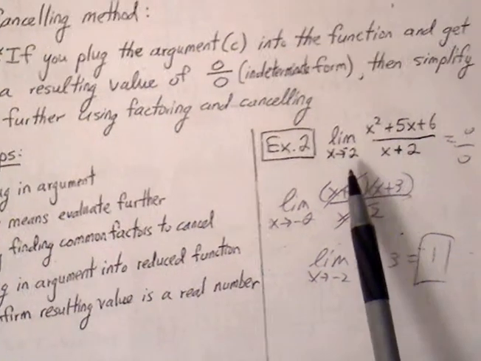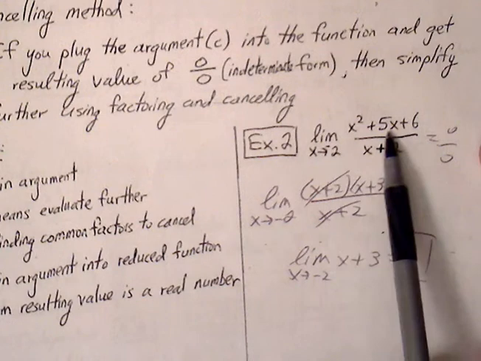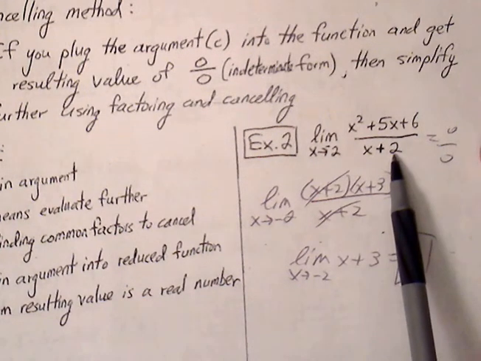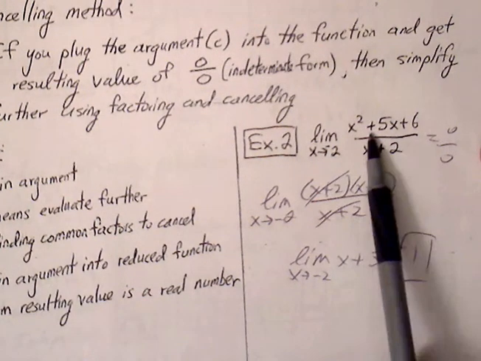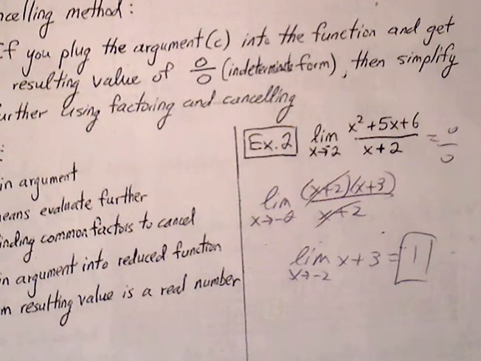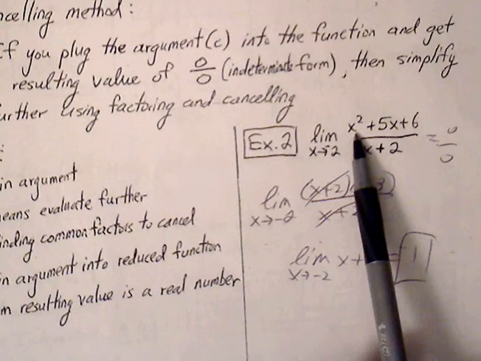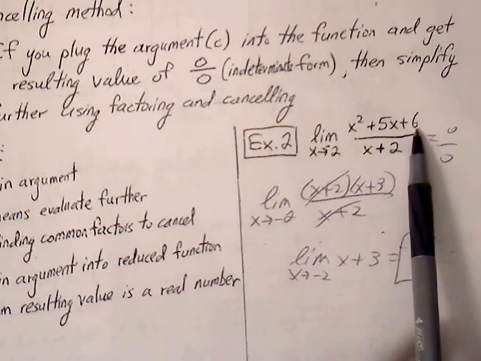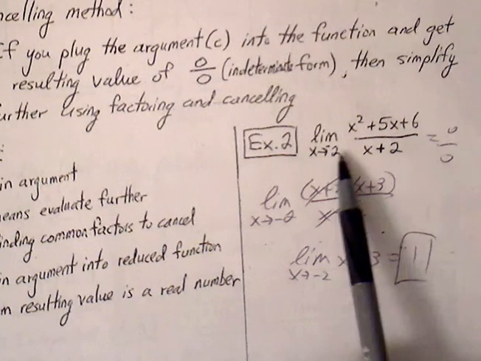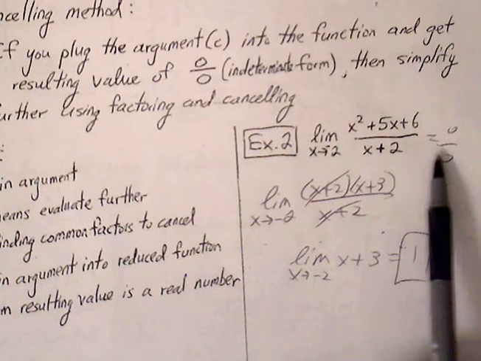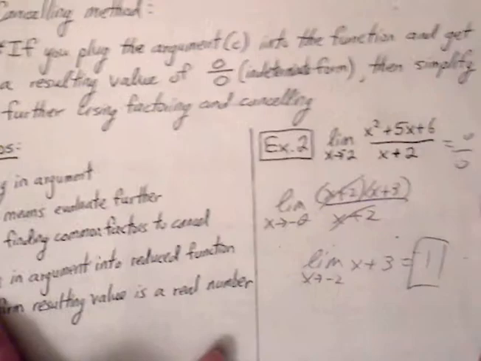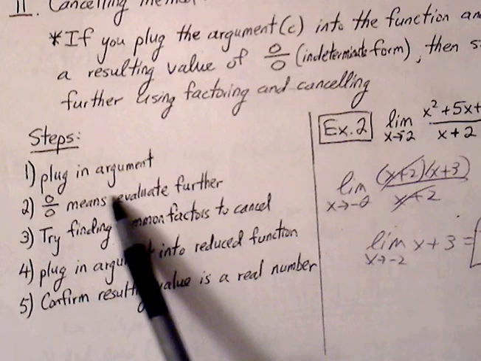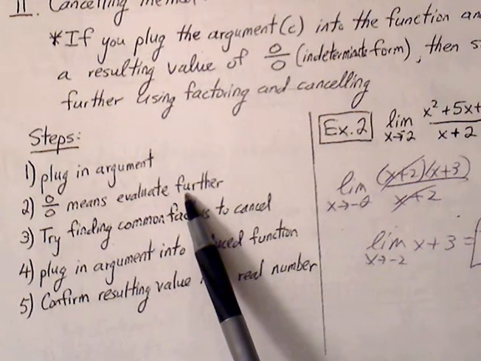Limit as x approaches -2 of x squared plus 5x plus 6 over x plus 2. So first thing we try is we just plug in the argument, plug in the -2. So when we do that, we get -2 squared, which is 4. 4 minus 10 plus 6 gives us 0. If we plug -2 in for x in the denominator, we also get 0. So 0 over 0, that means that we need to further evaluate, look for common factors, look to cancel, look to reduce,